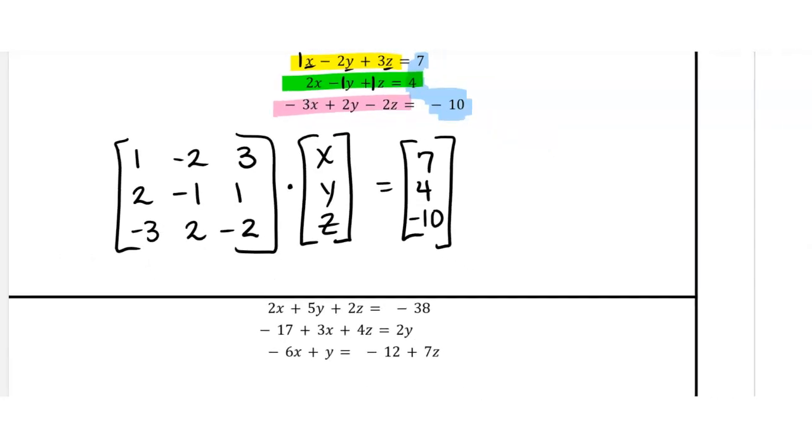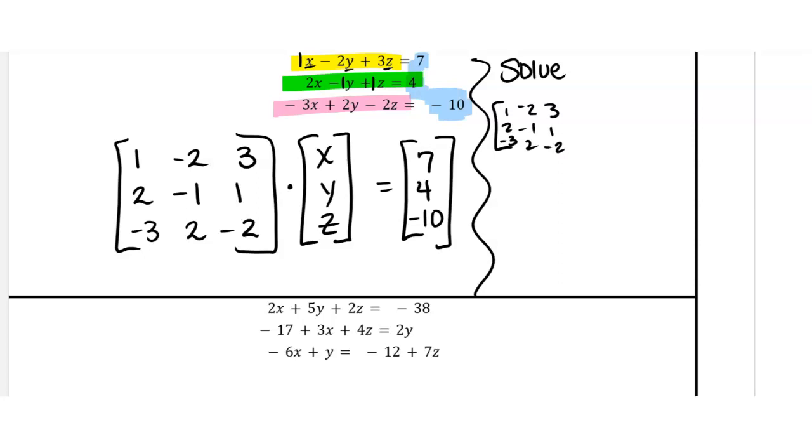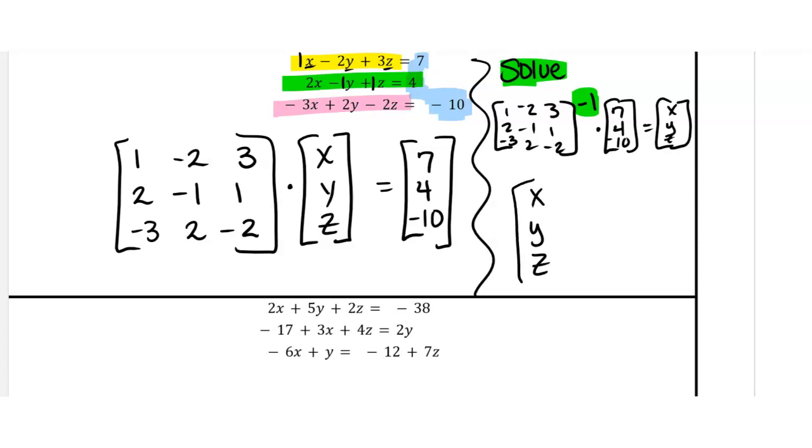Now to solve it, I'm going to put it over here. In order for us to solve, remember we need to do our first matrix, put that -1. So to solve, we need to put that inverse. And then we're going to multiply it times our B matrix, 7, 4, -10. And that should get us our x, our y, and our z. So after you put it in the calculator, you should get,